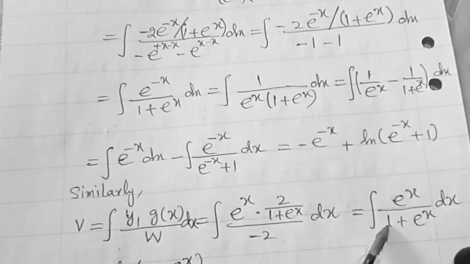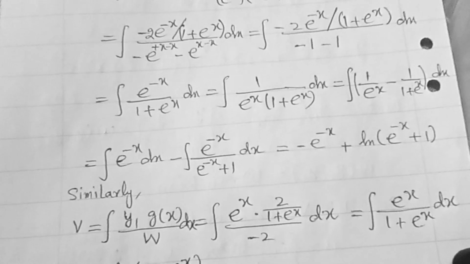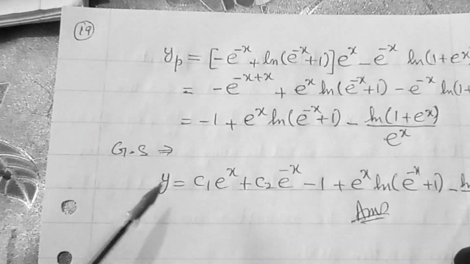This is the function and this is the derivative. So the integral would be ln of 1 plus x. This is the derivative of the integral of the function. Now, yp can be written as